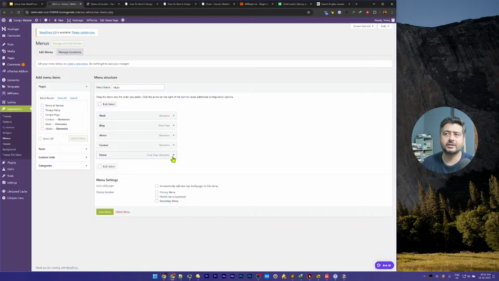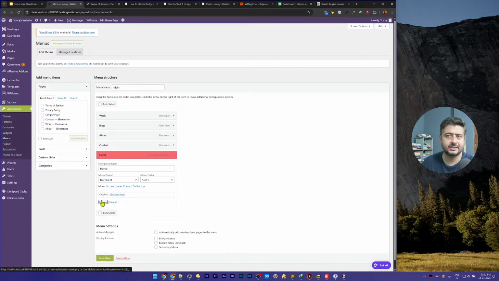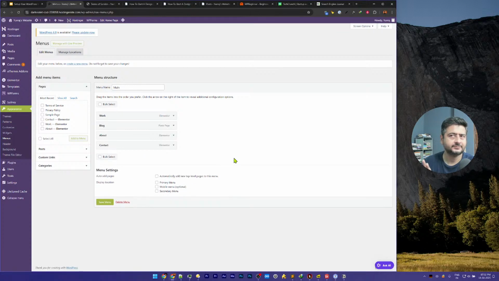And if you want to delete a page, all you have to do is hover, click on this drop down icon here, and then you have navigation and everything else. But you just click remove, and that's now removed. What about adding pages? So if you, let's say, have a page, or if you want to add something else,